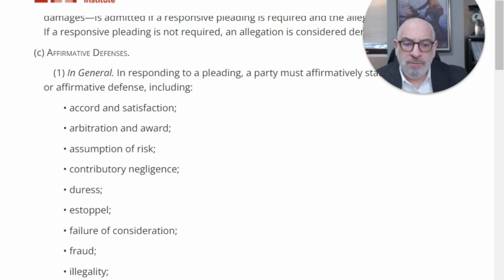Assumption of risk. This is a negligence claim. You claim that I was negligent because of something that happened, something I allowed to happen to you. I can plead, you assumed the risk. You knew that you assumed the risk. This was something that I had a big sign that said, don't stick your head in a blender. And you went ahead and, in my house, stuck your head in a blender.